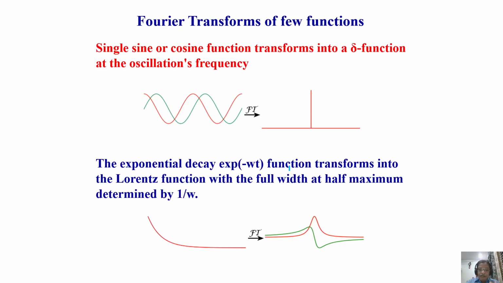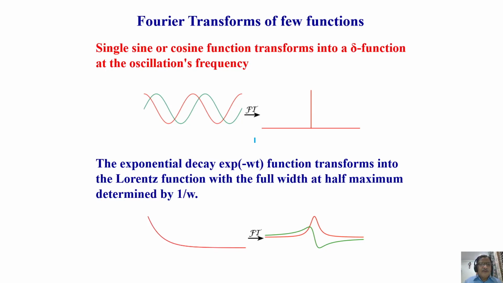Before we proceed further, since we are doing Fourier transformation, I want to tell you a few functions. You can work them out because we knew the equation for Fourier transformation. I have already given you the equation: F of omega is equal to the integral from minus infinity to plus infinity of f of t e to the power of i omega t dt. We wrote that already; I showed you two or three slides before. You can plug in all these functions that you want.